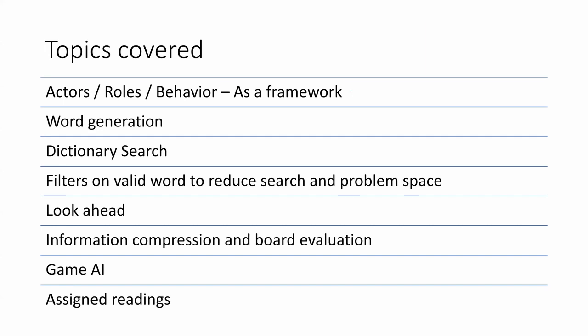Okay. So now coming back to आज का framework. आज का framework is actors, roles, and behaviors. And the idea is that if you think in terms of your Scrabble board, what are some of the entities or actors that actively play a role on the board? So take the example of word generation. ये word generation कौन करता है? Who does it? So when you think in terms of the AI that you're competing against on Scrabble, who does the word generation? और ये कैसे करता है? How does it? How is that done?